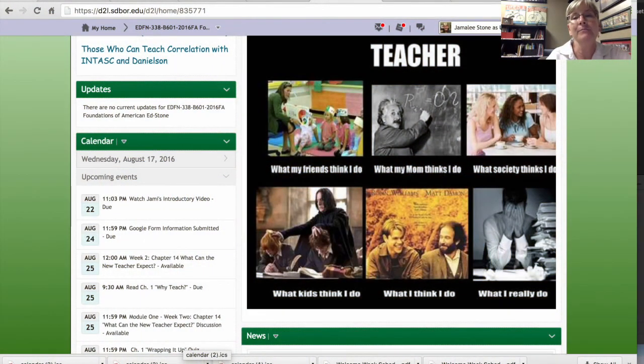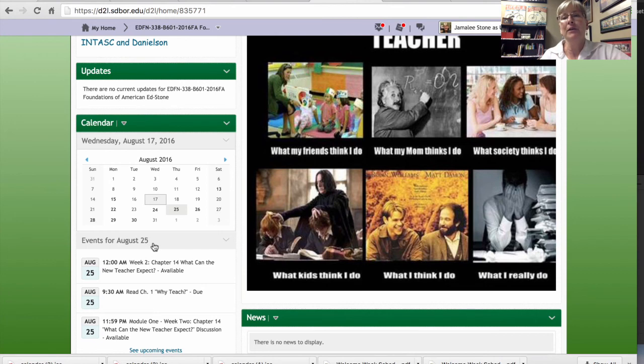I've created items to help you stay on top of your coursework throughout the semester. First off, we have the calendar. Essentially, on Mondays you read through the new information, and then by Fridays you should have read the chapter, picked out your discussion questions, and then posted your discussion question responses to the D2L discussion area.